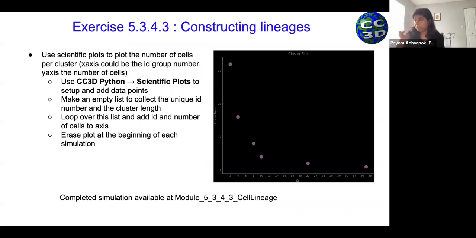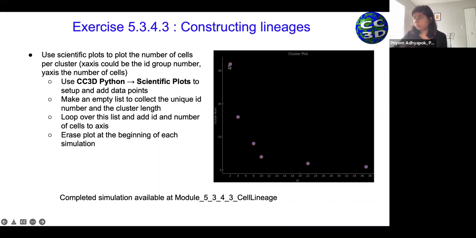And you also know the parent ID that initiates these groups. And you can plot on the x-axis the ID, and you can plot the number of cells on the y-axis. So for example, this plot is very simple because it shows you that the ID of 2 had